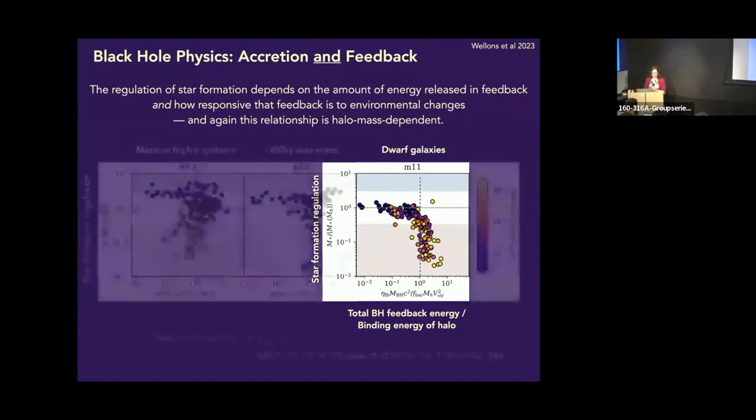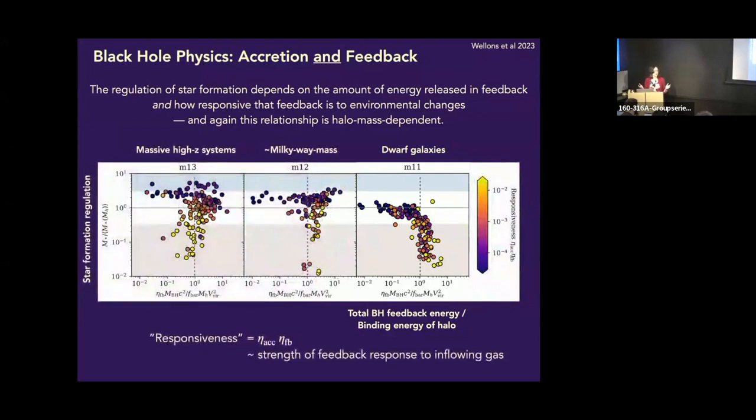But for more massive galaxies, it becomes more complicated again, but that's neither necessary nor sufficient to quench a massive galaxy. You can give it more energy and not quench it. You can give it less energy and overquench it. And here that seems to be related to something I'm calling responsiveness, which is the product of the accretion and feedback efficiencies, which is related to burstiness, where if the feedback is produced more gradually, it's less likely to quench the galaxy. If it's produced in strong bursts, it's more likely to quench or overquench.